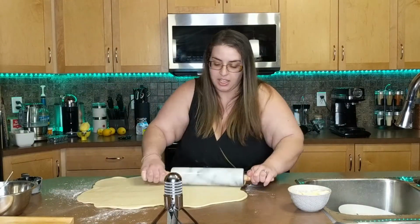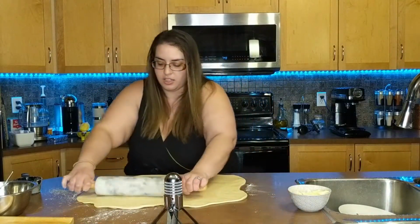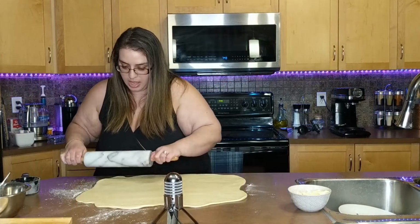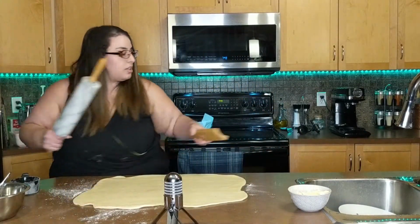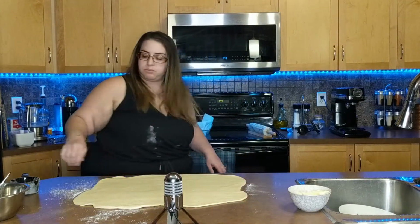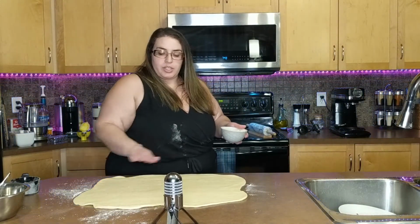Perfect. Looks good. Awesome. Great. All right. We're done with the rolling pin now. Next is the butter. I'm just going to soften the butter a tiny bit more so it doesn't rip up